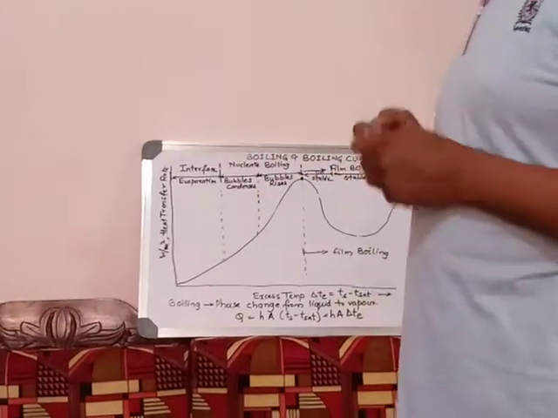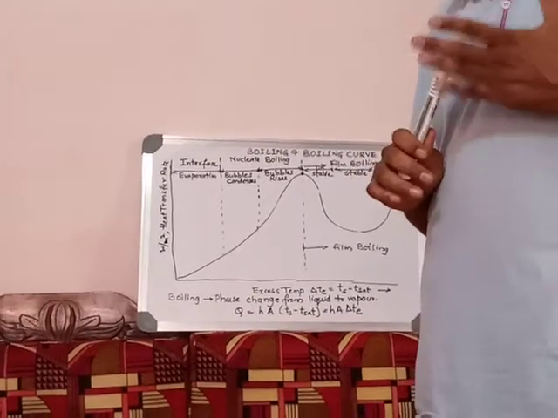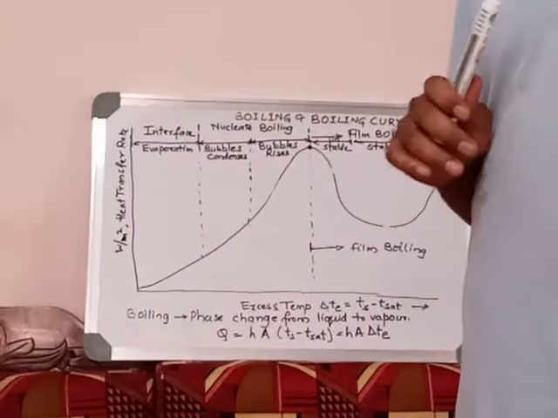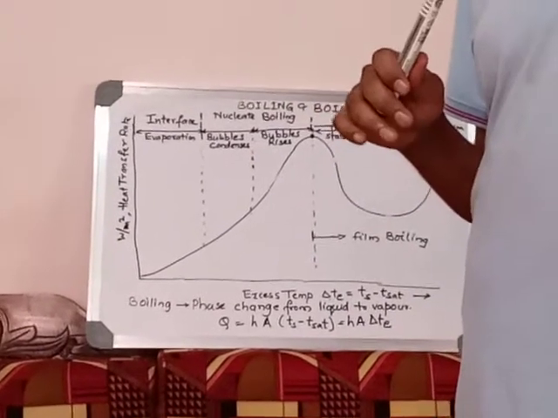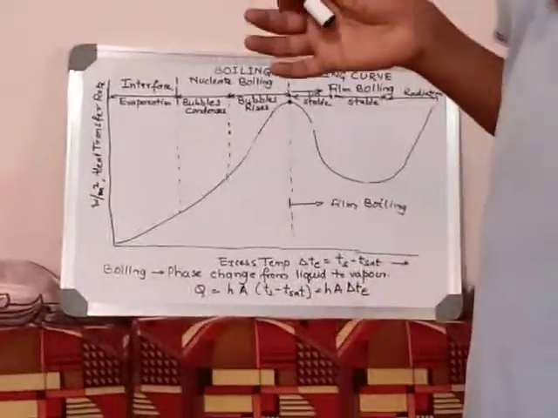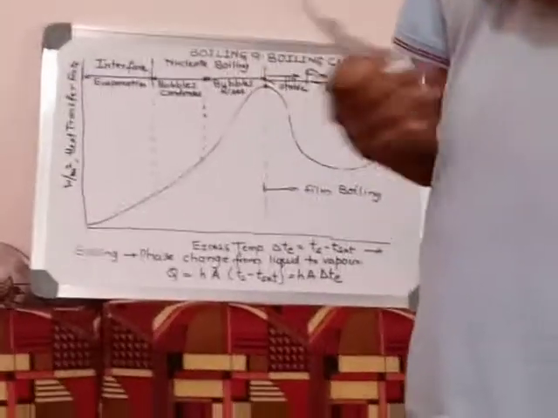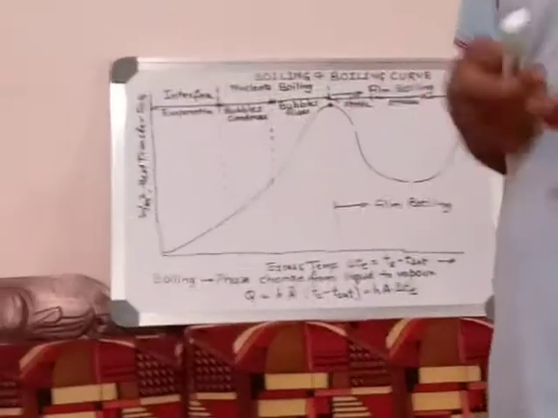Nucleate boiling is called the most economical boiling, because bubbles are formed, but they will not remain on the wire. They will travel up to the level of the surface and rupture. So again new water will come, and again it will get heated. So it is better mixing. Agitation of the liquid will take place, and because of that it is good boiling. So nucleate boiling is called good boiling.